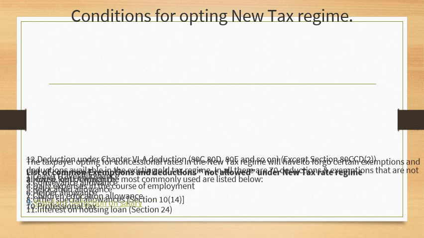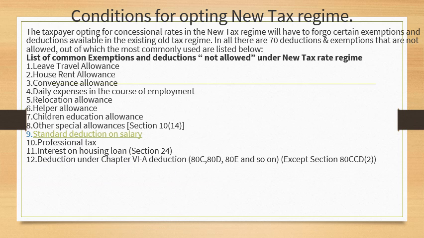Conditions for opting for the new tax regime. These are all the 12 conditions, and these are some of the common exemptions not allowed under the new tax regime. That's what I said. We had so many advantages that I could have claimed in the old regime, but